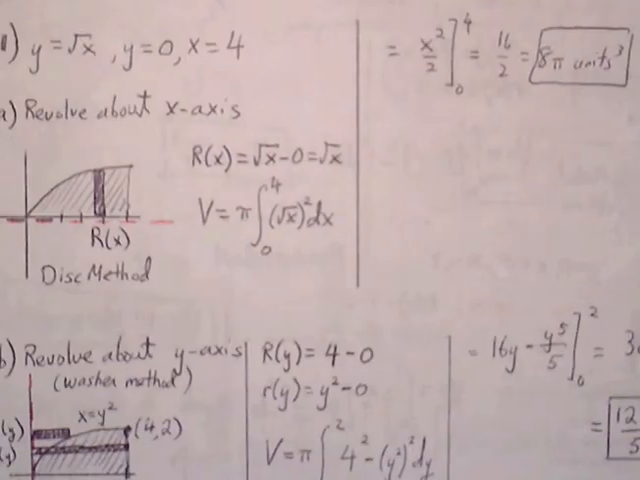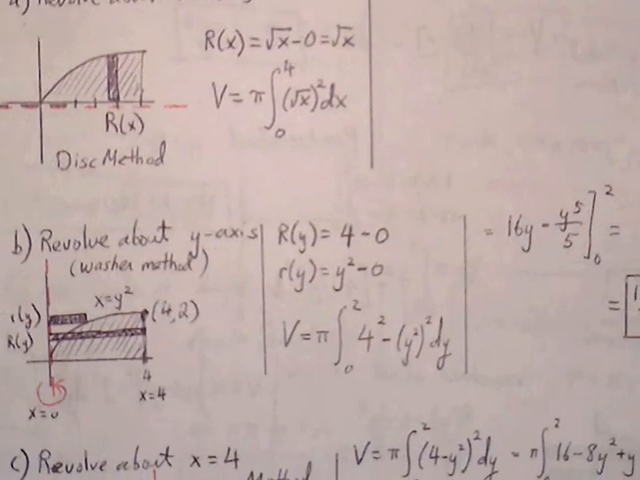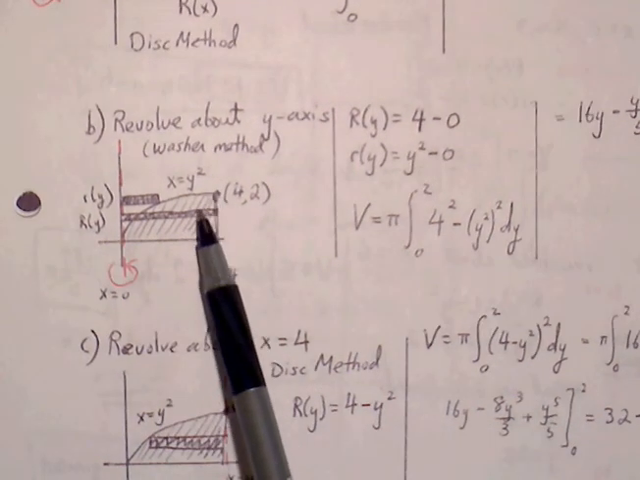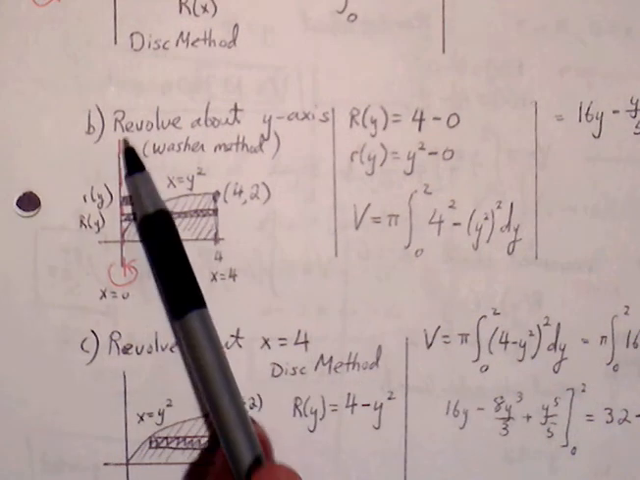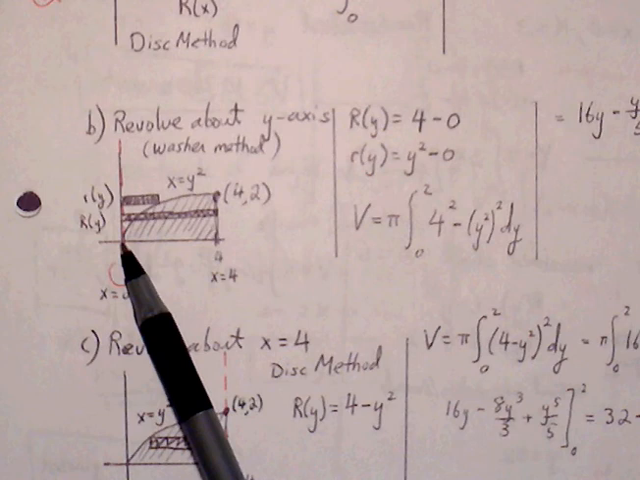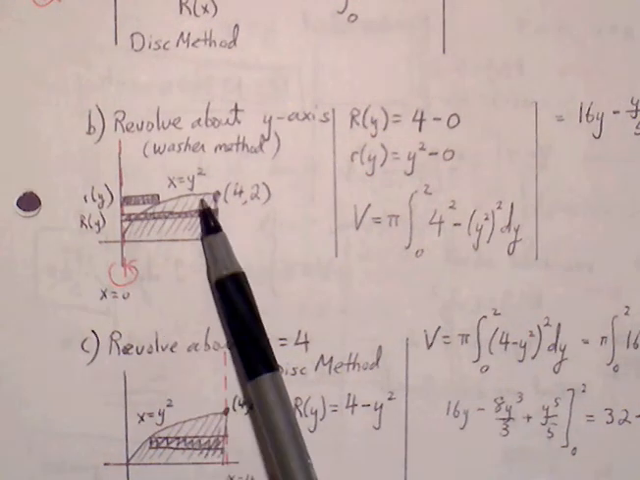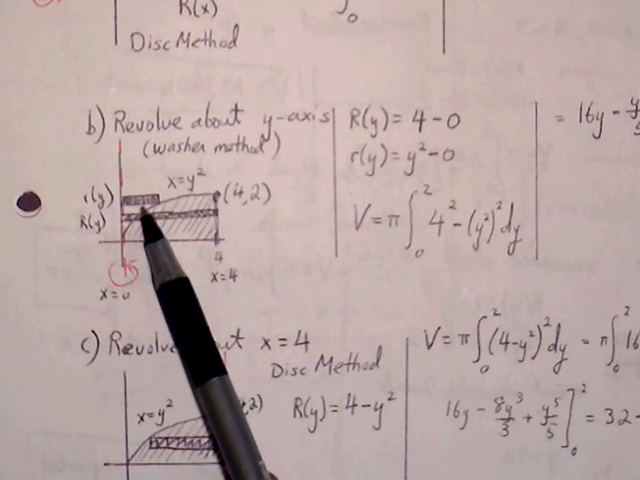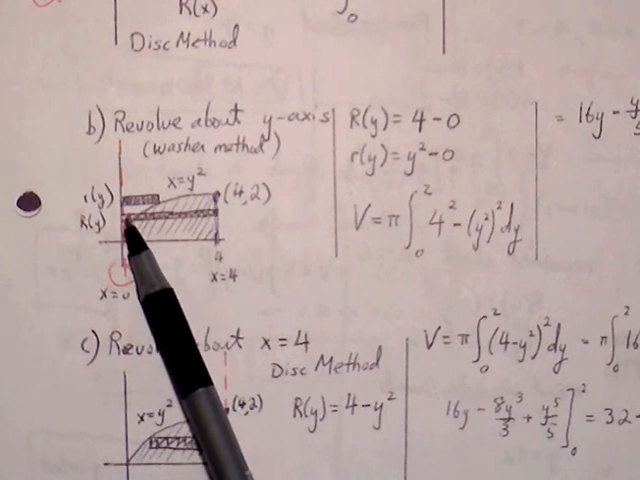Okay. Let's look at part B. We're going to take the same shaded region from part A, but now we're going to revolve the shaded region about the y-axis. Notice that, look at now the shaded region in relation to this axis. You see that there is a gap, and because of the gap,